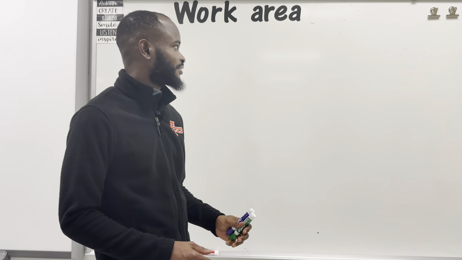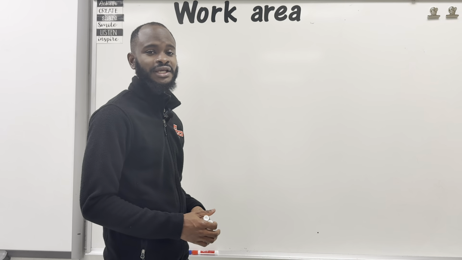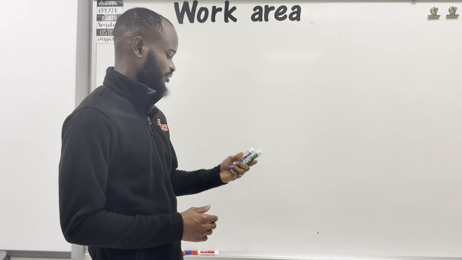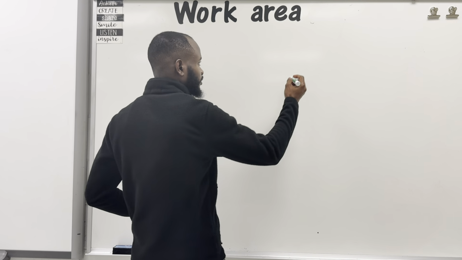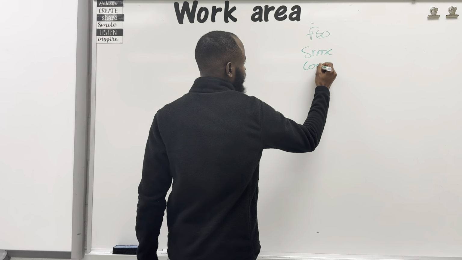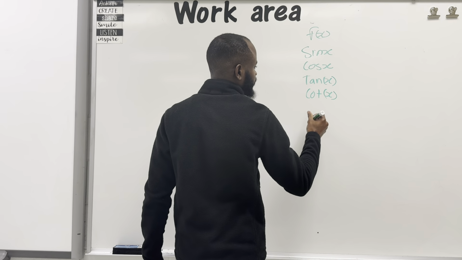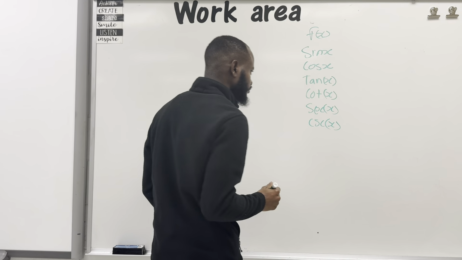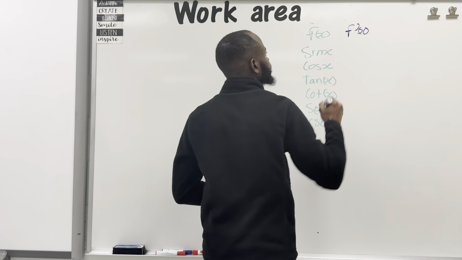So today, what we're going to be looking at is the derivatives of the regular trigonometric functions. I would have done a video on the inverse trigonometric functions. I hope you got a look at that. So we're going to look at the regular trigonometric functions, and we're going to take a similar approach where we list the regular trigonometric functions on this side. So f of x is going to be sine of x, cosine of x, tangent of x, cotangent of x, secant of x, and cosecant of x. All right. And then over here, we're just going to put f prime of x,